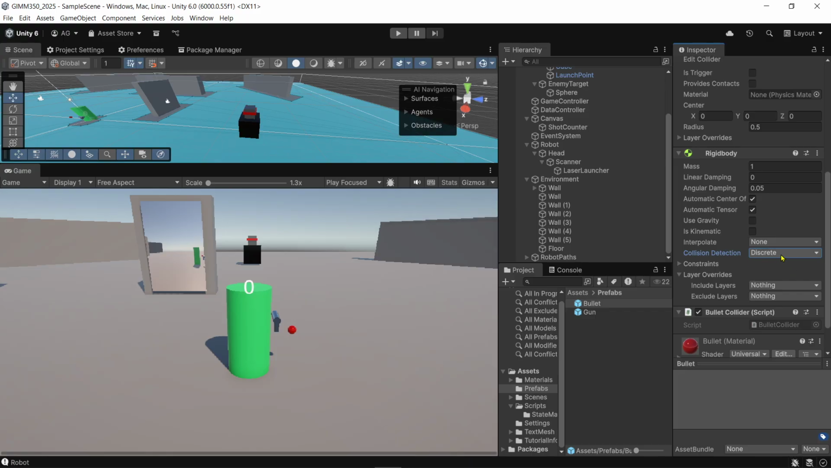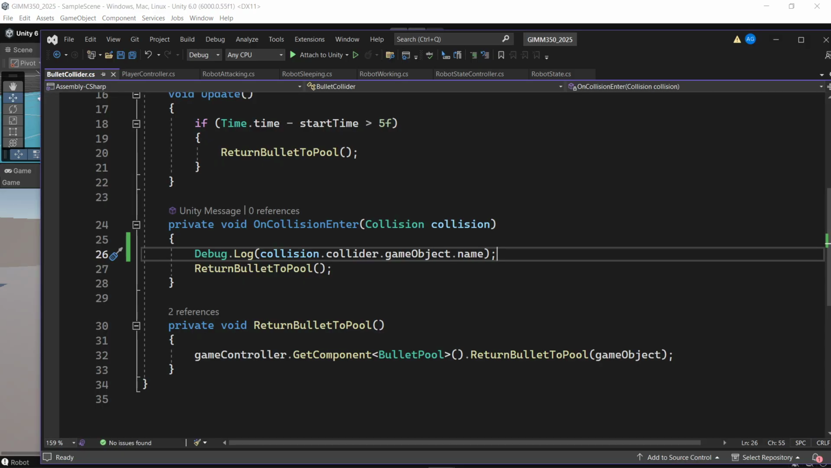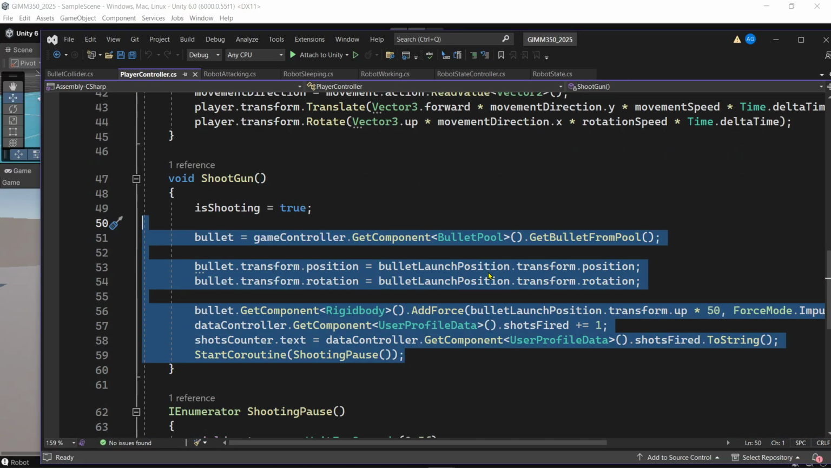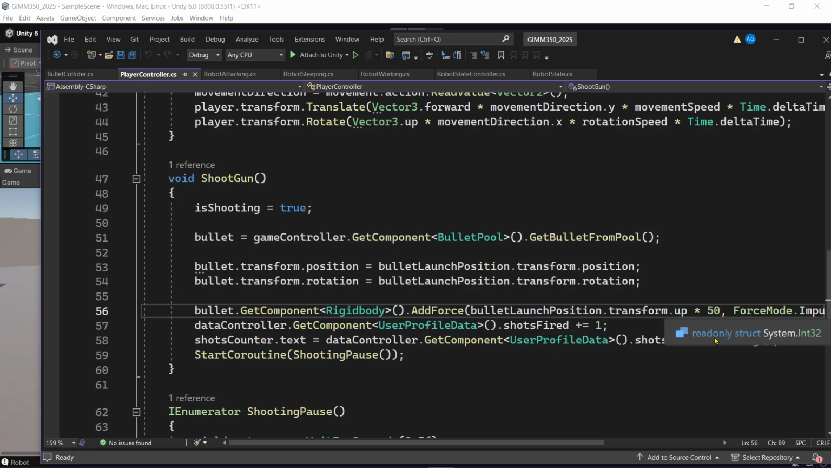So we're going to do discrete, and then we're going to go into our player controller code where we shoot the bullet, right? And we're going to crank this up to, I think 500 will work. So if we increase the speed of our bullet to 500,